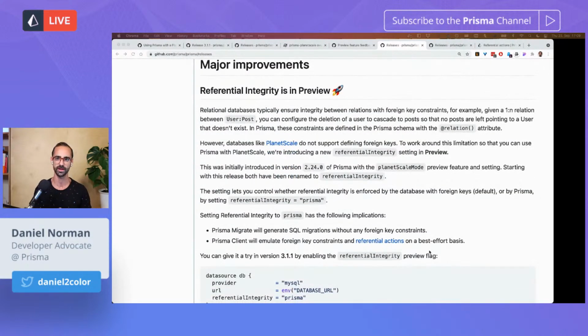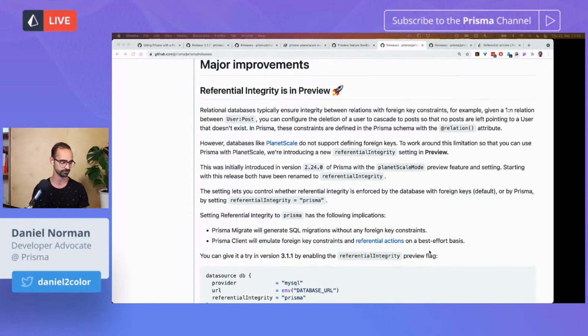It has two implications on how the generated migrations work. The first thing is that the generated SQL migrations will not contain any foreign key constraints. The second thing is that when you do, say, a deletion on a user and you have the relation on post set to cascade, Prisma will emulate the behavior that is typically handled by the database